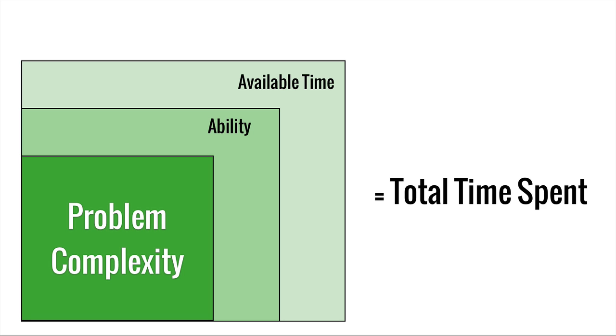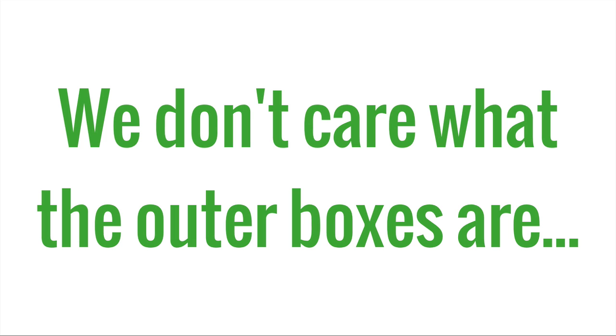Which leads to the insight that drives Agile projects to use velocity and points as a measure of problem complexity only. Because in that case, we don't really care what the outer boxes are. We only care that they're consistent. And since people tend to be much better at estimating relative complexity, which box is bigger, rather than absolute complexity, as long as we are roughly consistent in that complexity, and as long as we are roughly consistent in the outside factors that affect the estimates, we're going to be fine in terms of capacity planning and in terms of measuring costs, which are the important things.